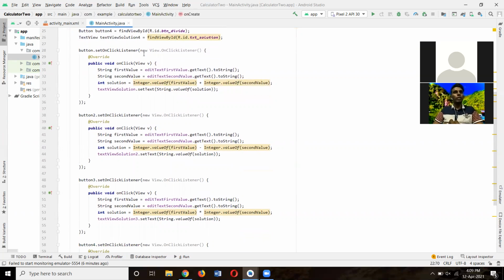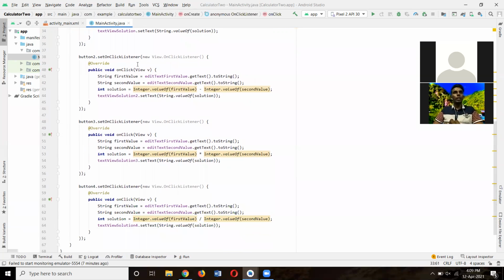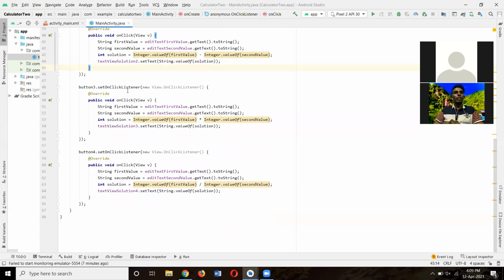Okay, this is the calculation for the add button, which means I use the plus operation. This is the calculation for the second button, which is subtraction. I use the subtract operation here, and this is the coding for button 3, which is multiply.